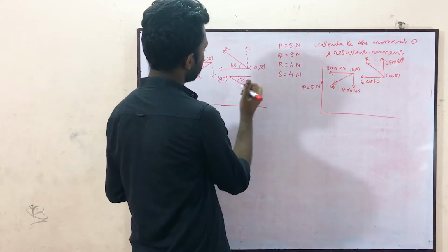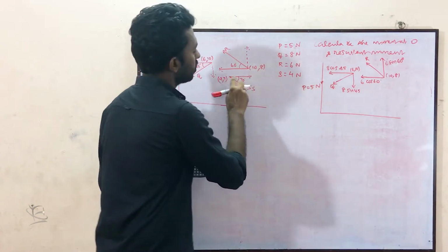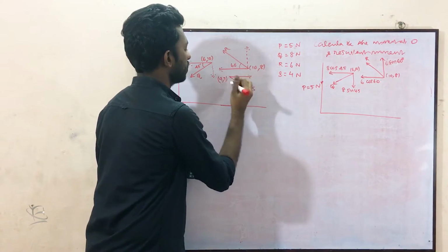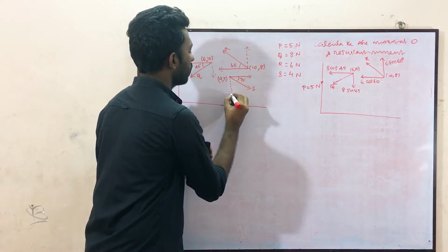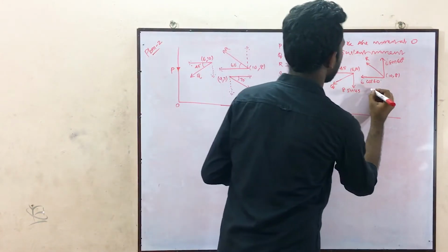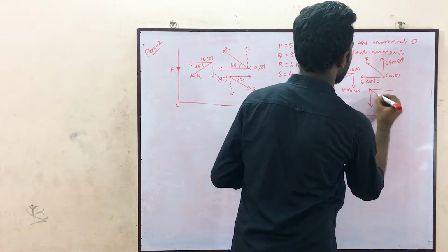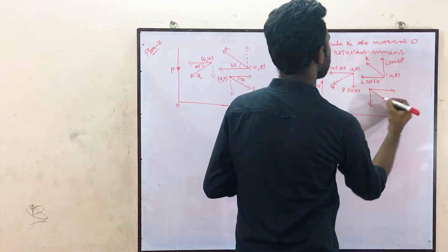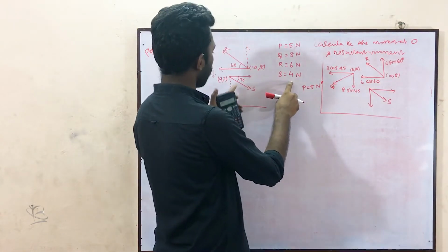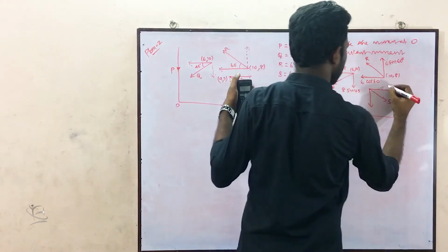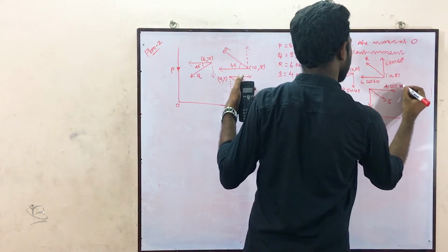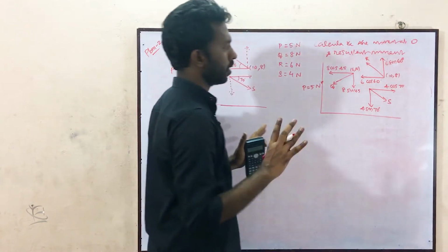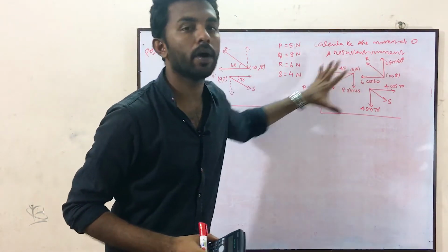Now the third force is there. This is a horizontal line, and the force is inclined at 70 degree to horizontal. So this is cos theta and the vertical will be sin theta. Now I can draw these two components, and this will be the force S. So the horizontal component, S is 4, is 4 cos 70 degree, and the vertical is 4 into sin 70 degree. That's it. Now we have the free body diagram.